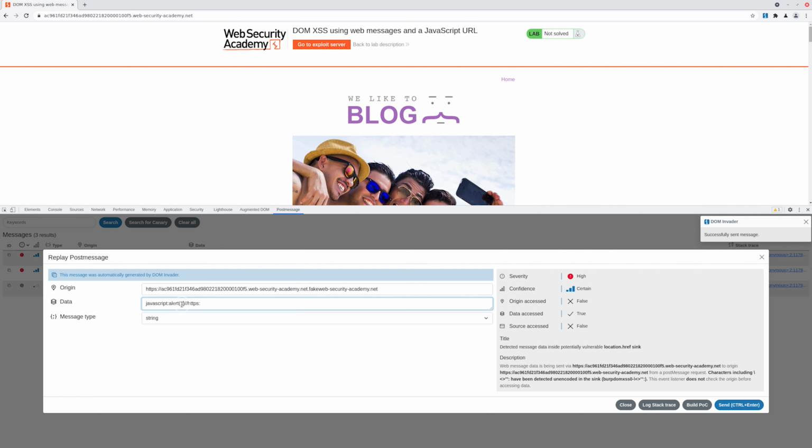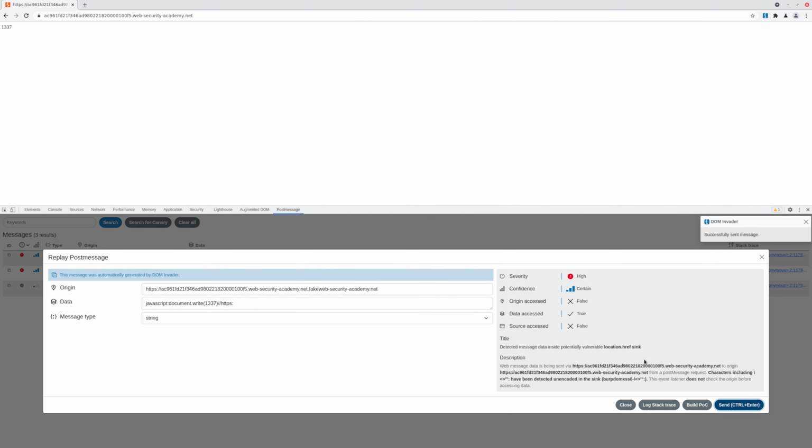And of course, you can change the alert to document.cookie, or indeed you can use document.write. And if we change the value to something like leet, we've just confirmed that we can control the JavaScript on this page. So let's head back to the page